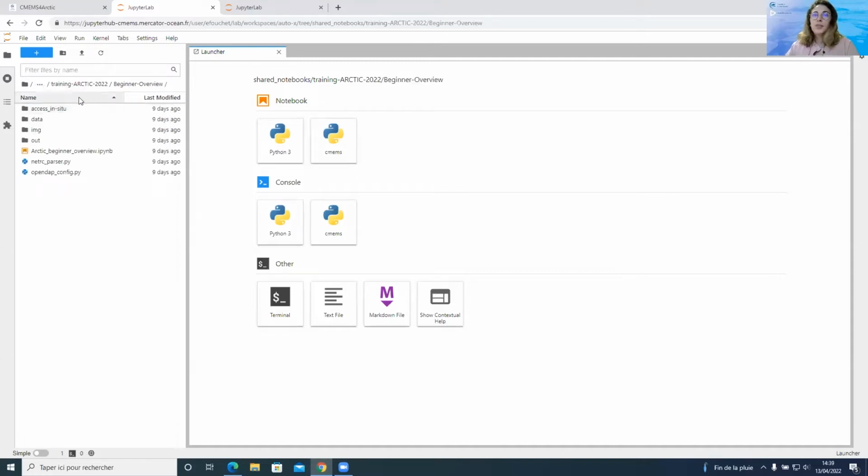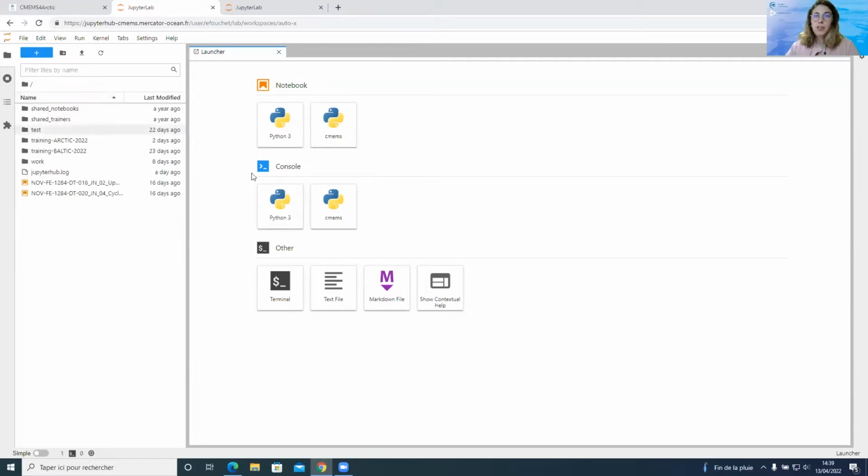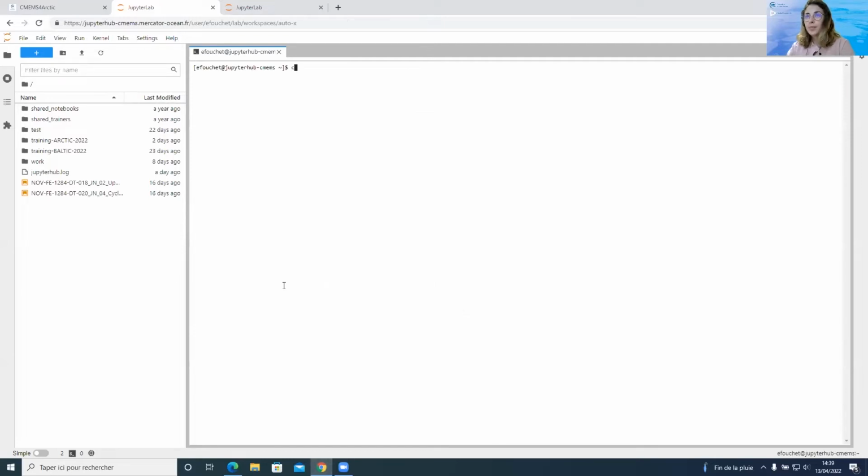The first thing to do is to copy the directory of the Jupyter notebook into your home directory, because in the shared notebooks directory, you don't have the rights to write or to run the cells. So the first thing you need to do is to open a terminal, just like here, and to copy the directory,